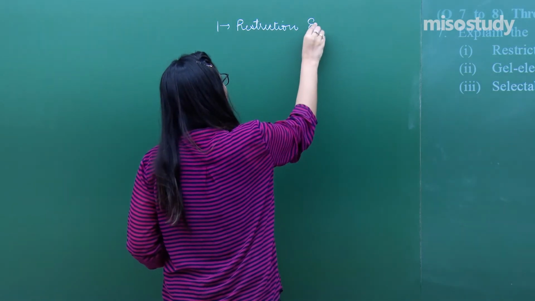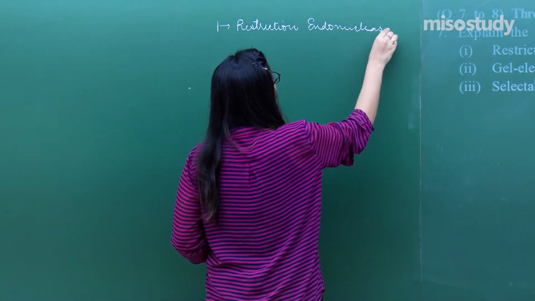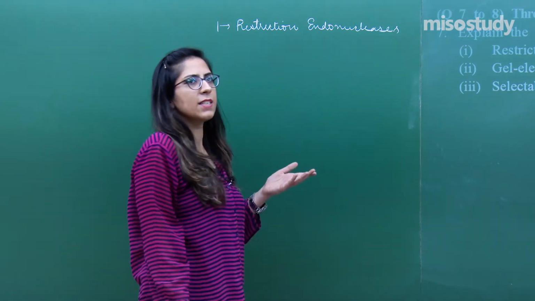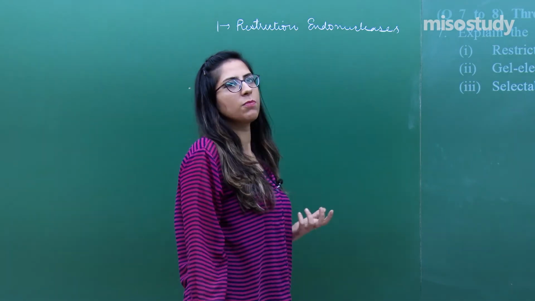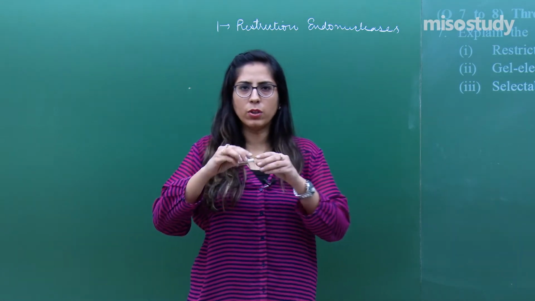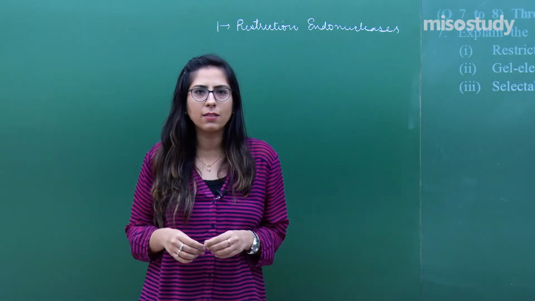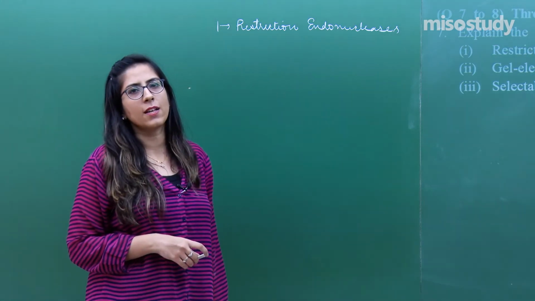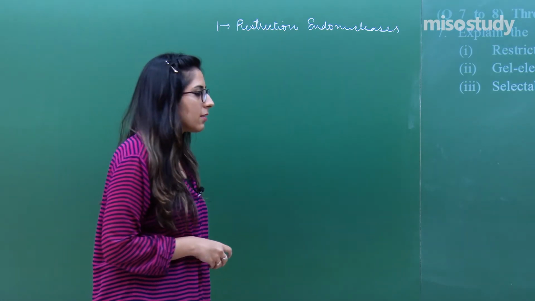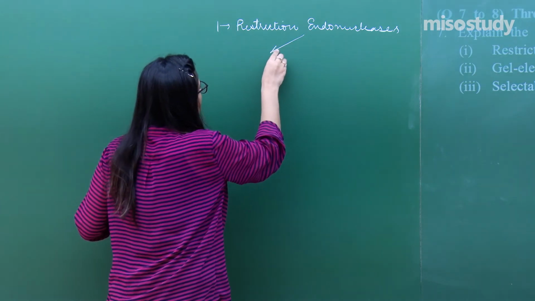Restriction endonucleases are called molecular scissors. Why we use these molecular scissors is that we want to make a specific cut in the DNA. That is done with the help of these restriction endonucleases. In this you have to explain about the 2 types of ends.